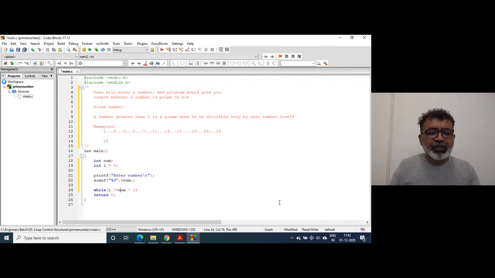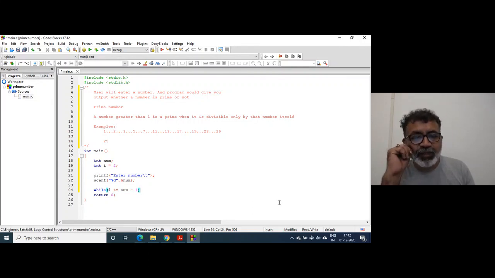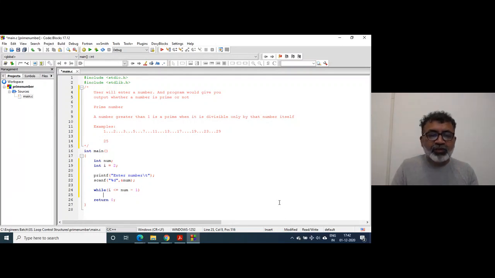Because as a generalized rule, what did we say? Divide that number till number minus 1. So we are going to write the loop like this.